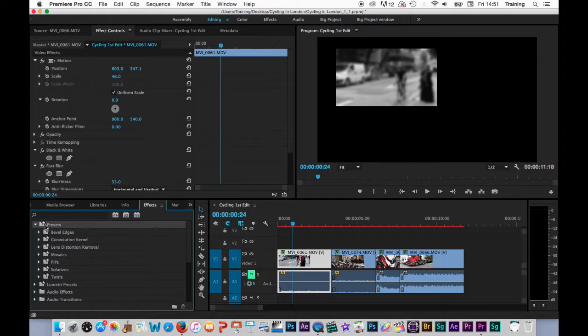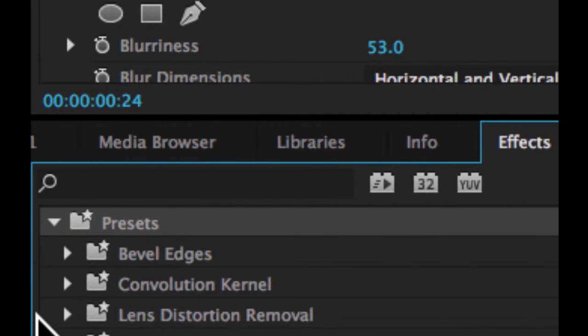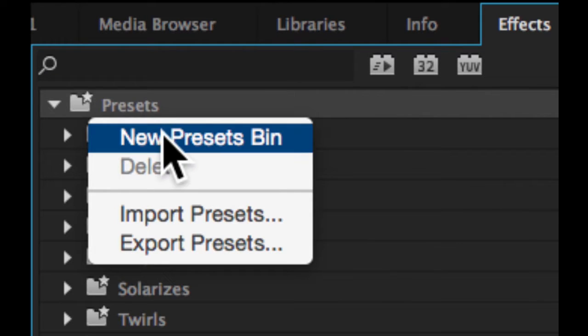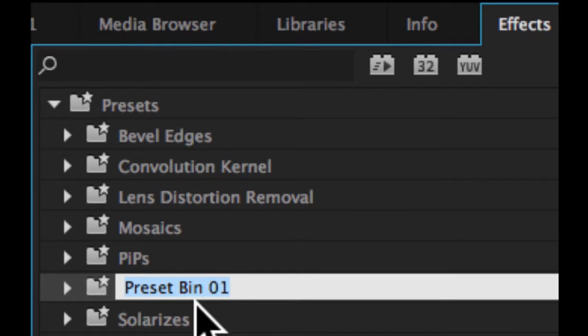To keep things neat, what I would usually do is create a new bin for new presets that I want to create. So what I'm going to do is just select the presets bin here, do a little right click on it, and choose new presets bin. That opens up a new presets bin and I'm going to give it a name. Okay, now I'm going to keep this bin